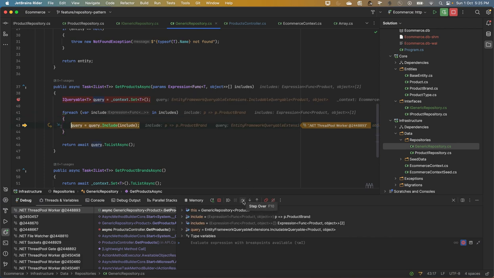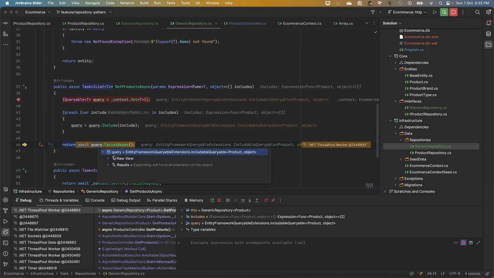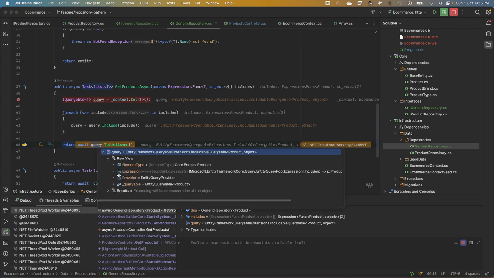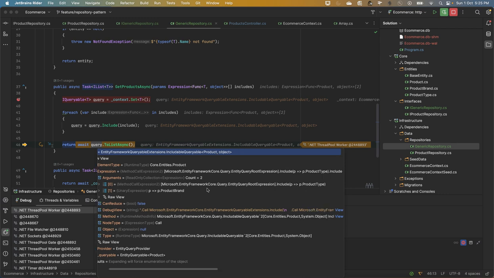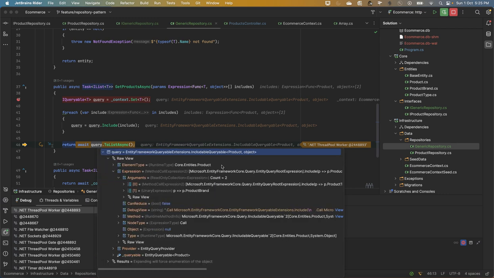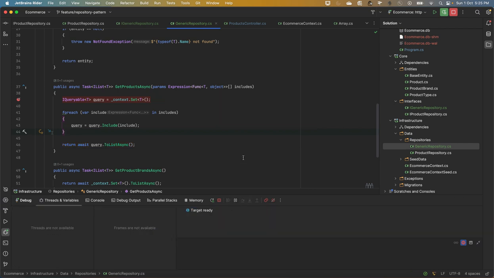And earlier it had added that particular product type into the query, and now this is going to give you that complete stuff here. If you just see this raw view and expression here, you can see the expression count for this argument is 2, wherein product type and product brand are already included, right? So this is what we were looking for earlier, and because of that it was not added into the navigation property. Now if I just go ahead as is, I'll just click on play here